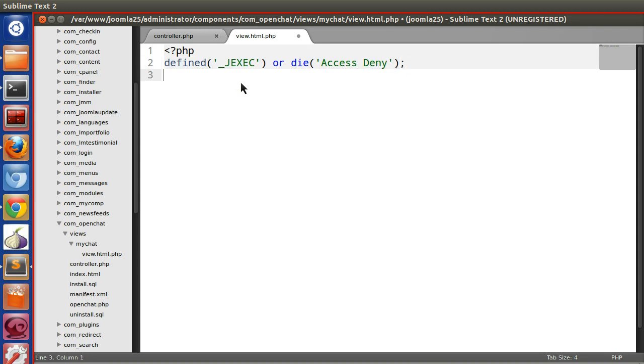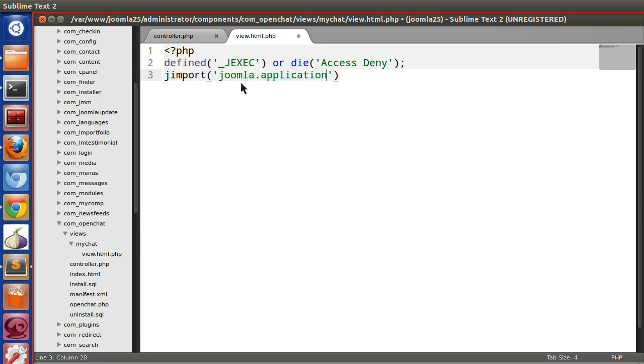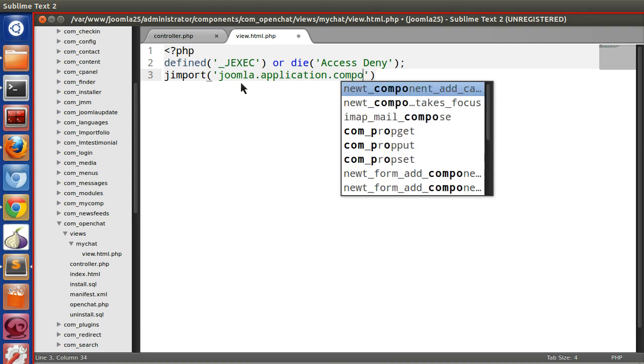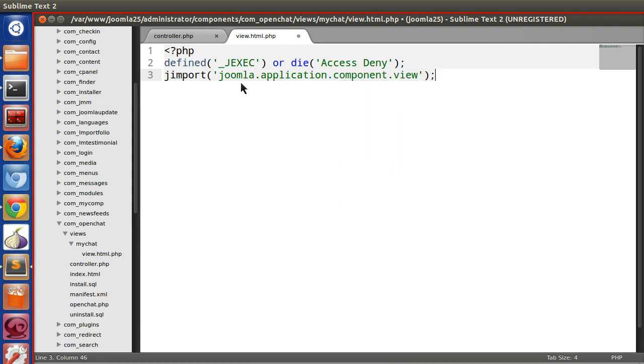Now we have to import the view like we did for the controller. So jimport('joomla.application.component.view'). Here our parent class is located.